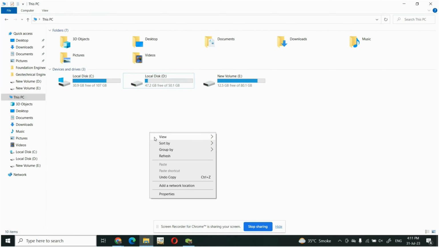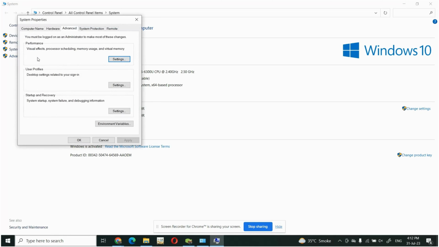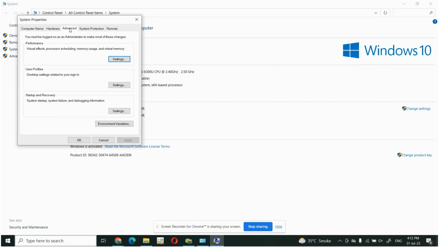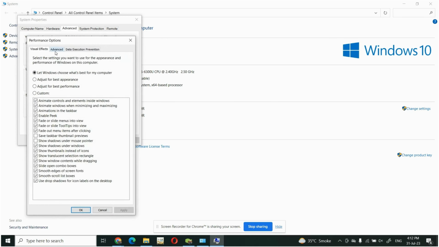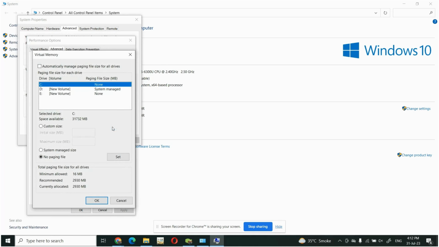I will simply right-click on the mouse pad, and then I will go to properties. Then I can see here the four options. The last option is advanced system settings. I will click on this, then I will click on advanced. You can see here different tabs. You will go to advanced, which is the default tab. You will click on the settings, then click on advanced, then go to this change icon,